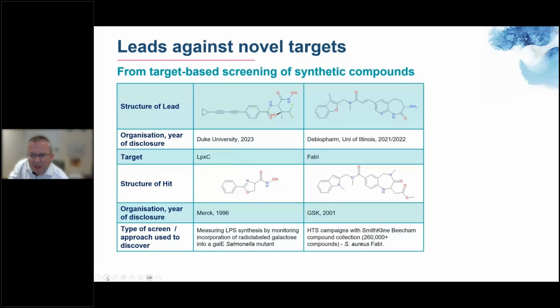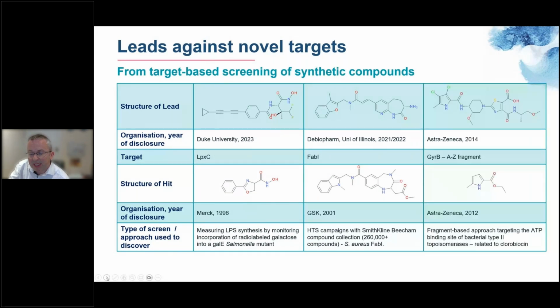Target-based screening on isolated proteins has been somewhat less successful in the past, as reported by GSK in their high throughput screening efforts. But one success was on FabI, where they reported that inhibitor there in the bottom right. And indeed, this area was taken on by organizations like Debiopharm, who have clinical candidates in this area, and also the University of Illinois. And the compound shown there is called fabimycin, which indeed has much more, say, gram-negative activity